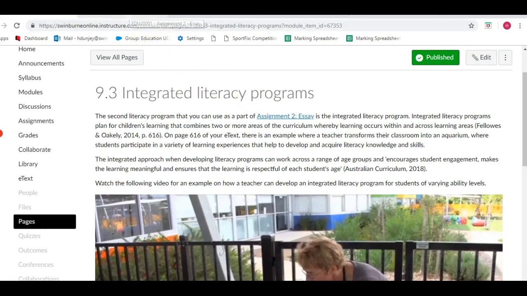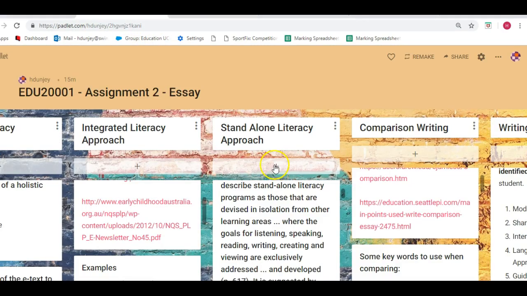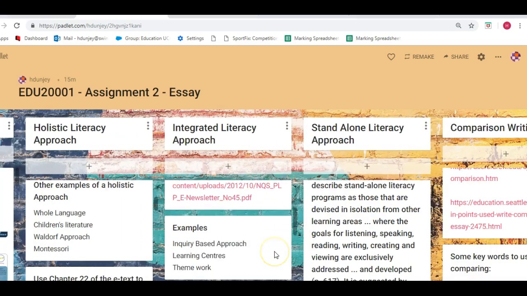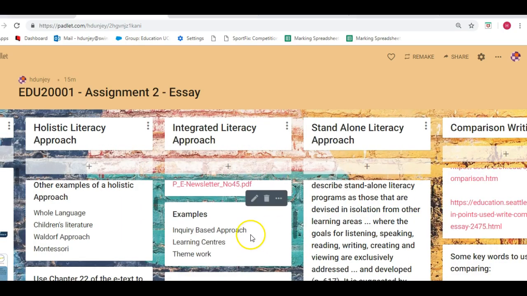I'm going to show you a couple of other approaches, or examples, sorry. So you could use the inquiry-based approach, learning centres, theme work. The aquarium is probably more of a theme work example. Oftentimes, teachers will have a look at the curriculum for their integrated approach, and then they will link up. Often it comes from a science